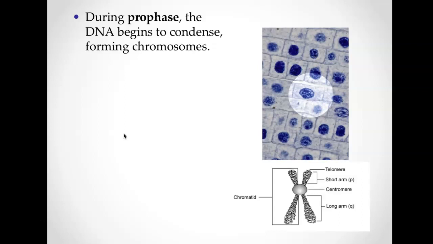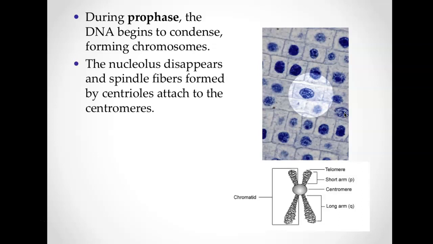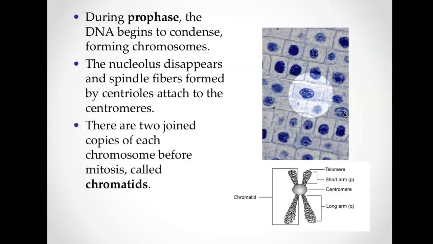The P stands for prophase. Prophase is when DNA starts to condense. I feel like this is a good prophase picture, and this is also a really good prophase picture over here. This is what it would look like under a microscope. It looks like little worms are starting to form. The nucleolus is going to disappear. Spindle fibers are going to start growing out of the centrioles. Remember, spindle fibers are microtubules growing out of the centrioles on either side of the cell. I'm going to show you a really good picture in just a minute.